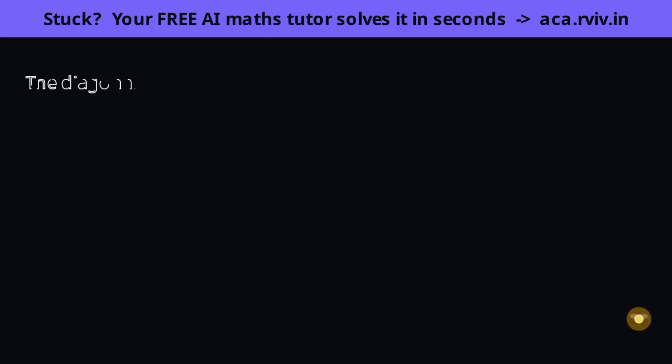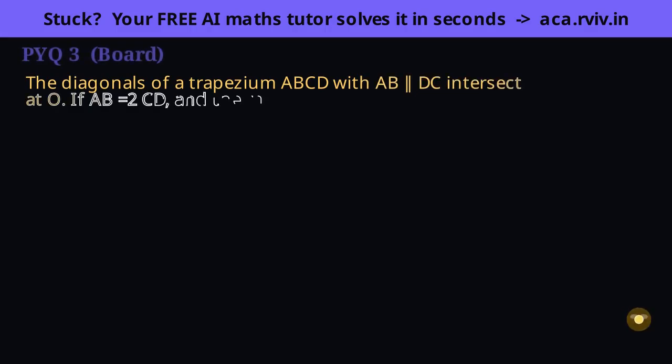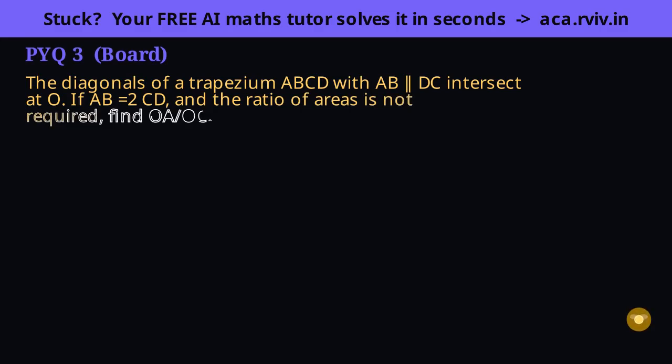The parallel sides of the trapezium are our angle source. Each diagonal crossing them gives alternate angles. Two such pairs give AA, and the resulting side ratio is the answer. The one fact we lean on is AB parallel to DC, parallel lines cut by a transversal throw off equal alternate angles, and here the diagonals are the transversals crossing at O. Let's collect those angles.